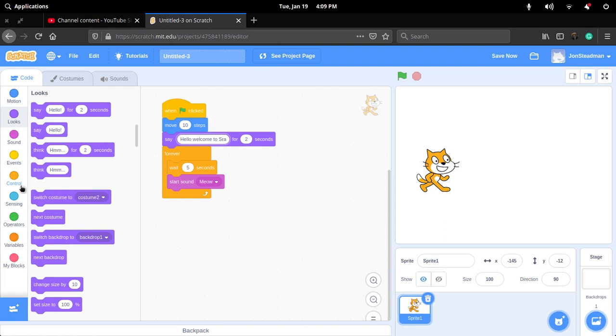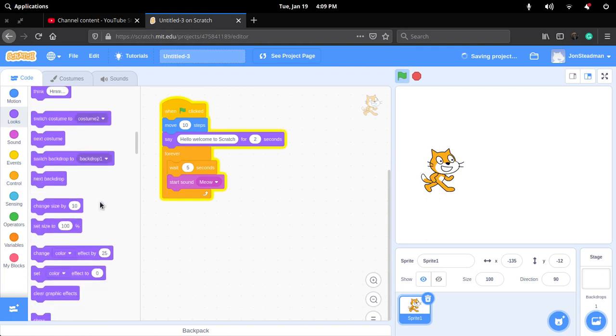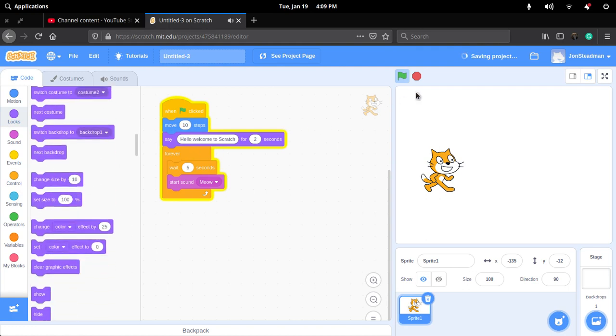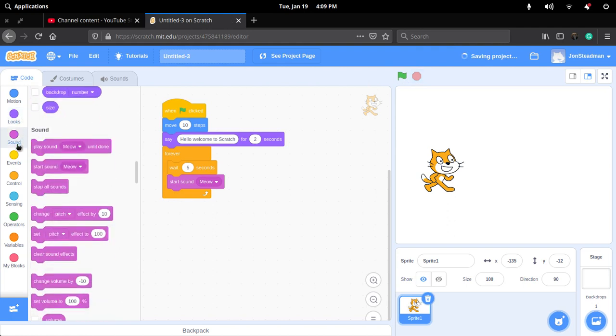So how do I write Scratch? Scratch. Welcome to Scratch. And now what he's going to do is he's going to say, hello, welcome to Scratch. This is what we wanted. Okay, good. So now what we want to do is, oh damn it, I forgot to turn off. Okay, so if we